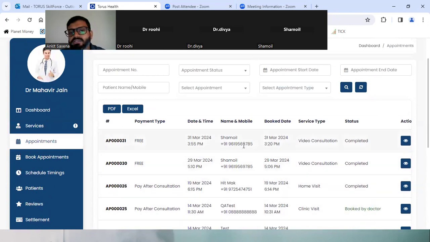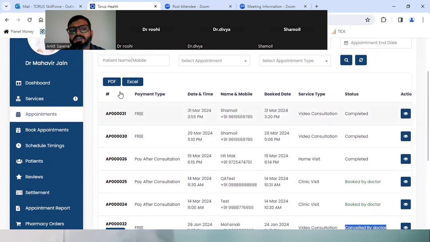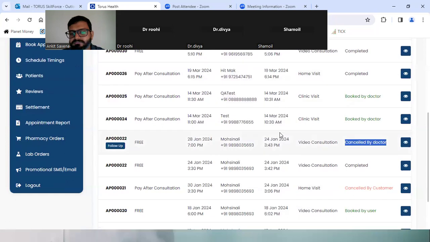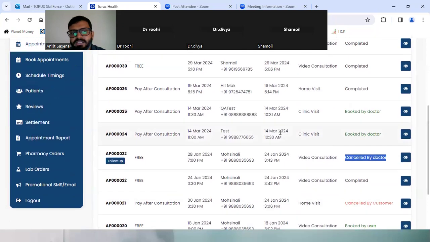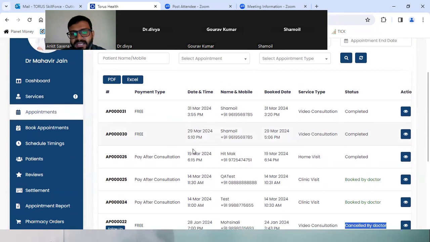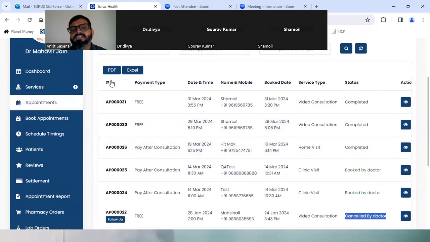This entire thing can be exported either in PDF or in Excel. This is the entire history of all the appointments that you have here, and you can export it in PDF as well as in Excel. As well, you can just select the appointment start date and appointment end date, and as per that you will get the entries, and those entries you can again export as PDF or Excel.